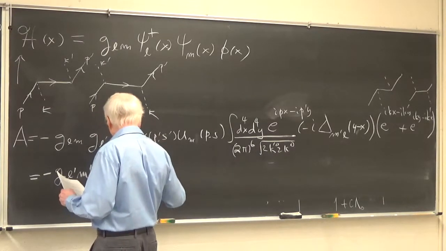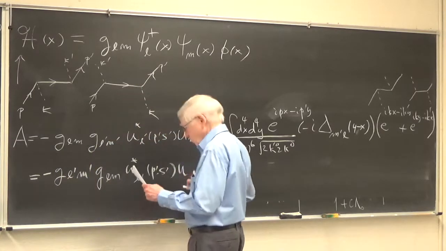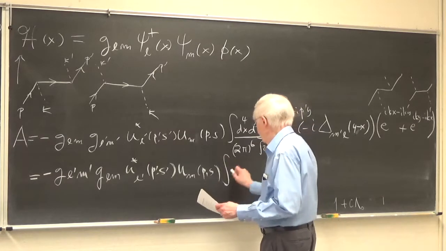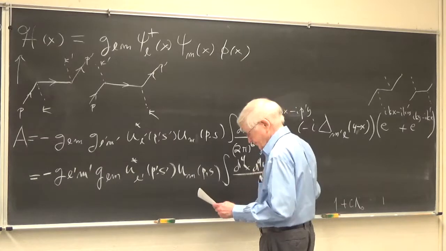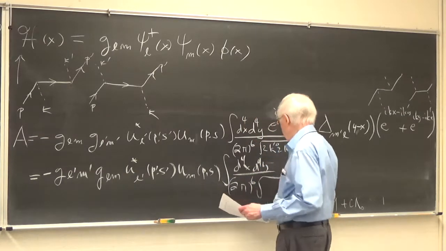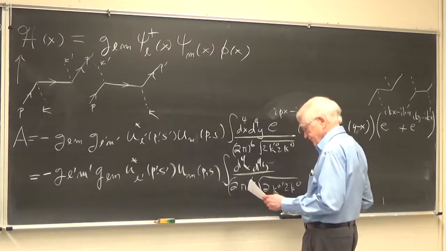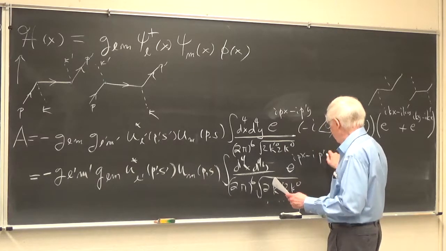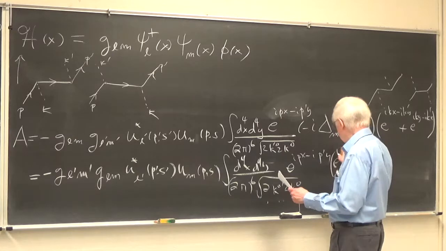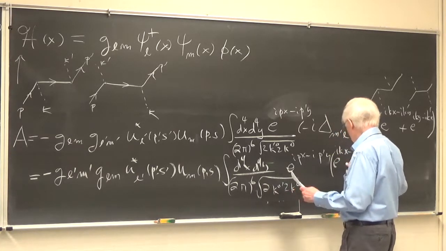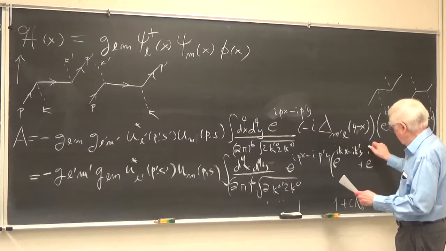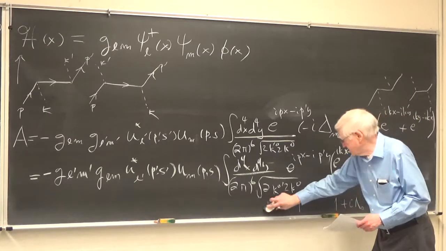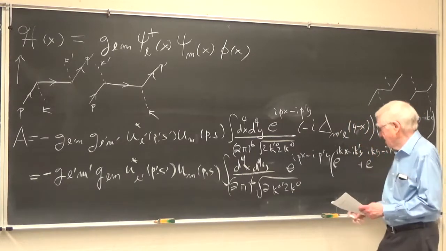U star L prime at P prime S prime, UM of P and S, and then an integral d fourth x, d fourth y, 2 pi to the 6th root 2k0 prime 2k0, e to the i p prime x minus i p prime y, e to the i kx minus i k prime y plus e to the i ky minus i k prime x, and all of this times